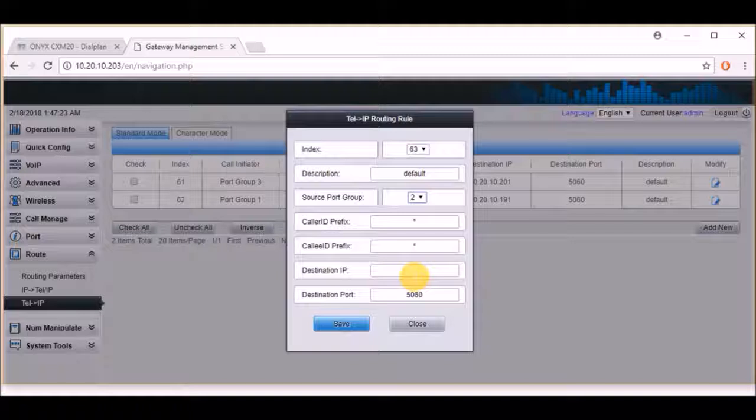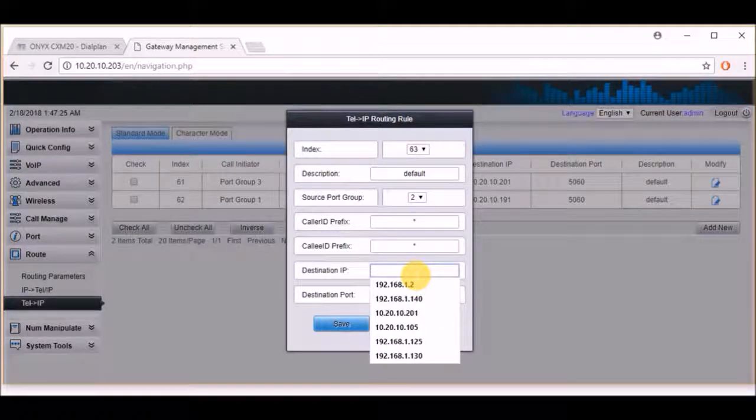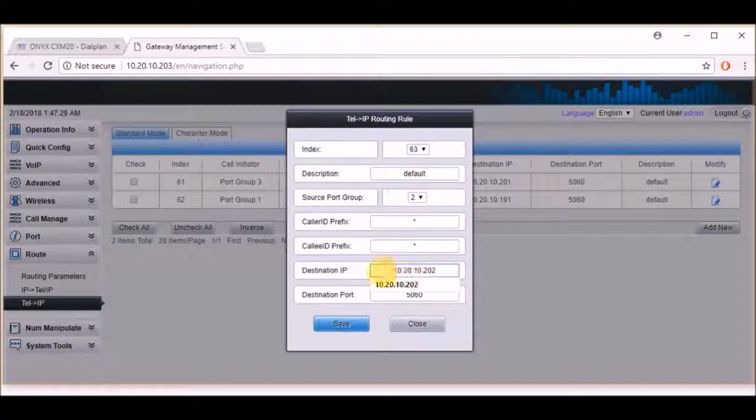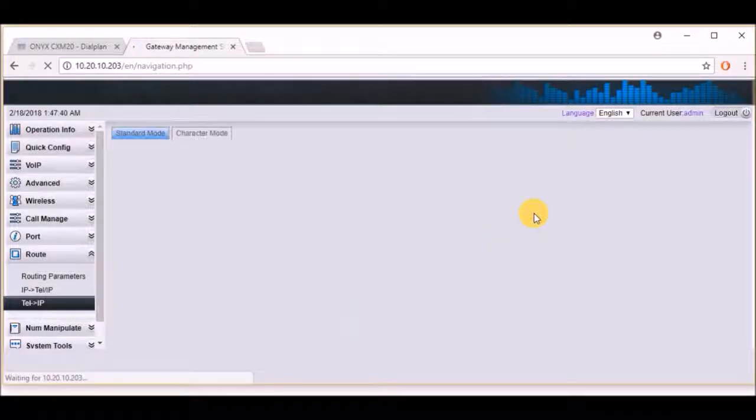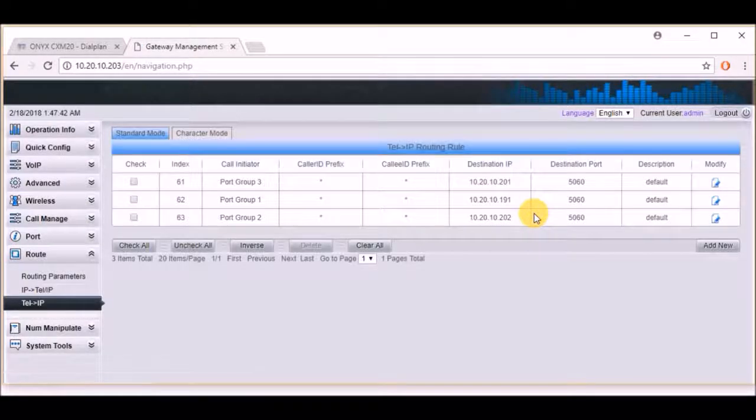The destination IP will be your IPPBX IP, so it will be 10.20.10.202. So all calls from the second port will route automatically to the IPPBX. Click on save. As you can see, tel to IP routing rule is done.